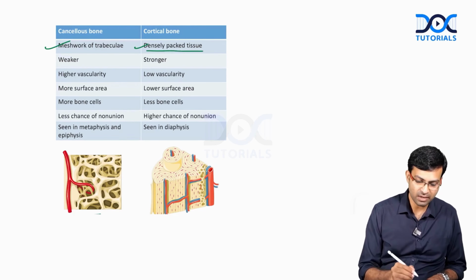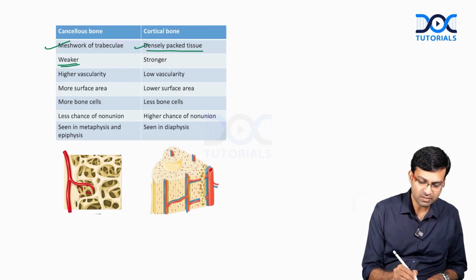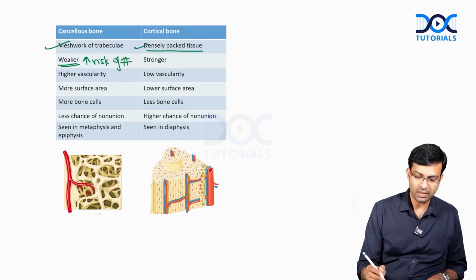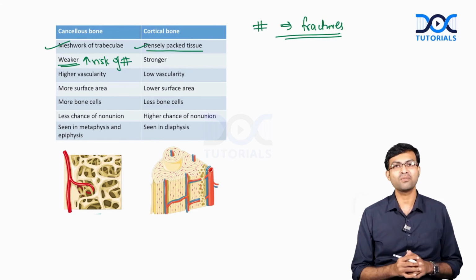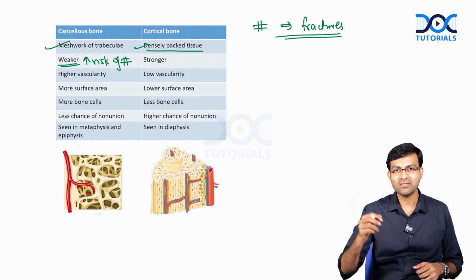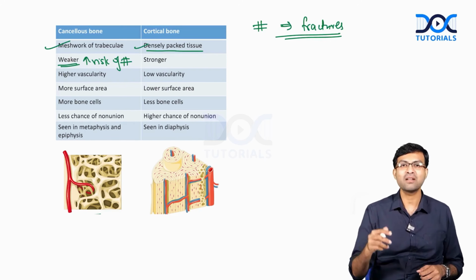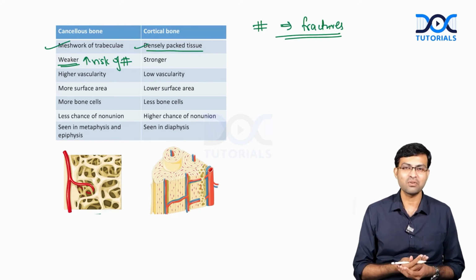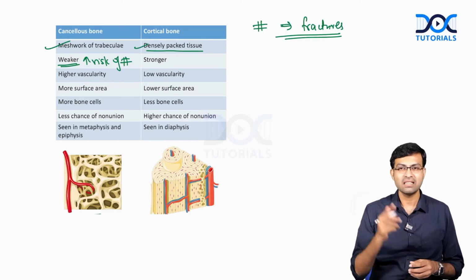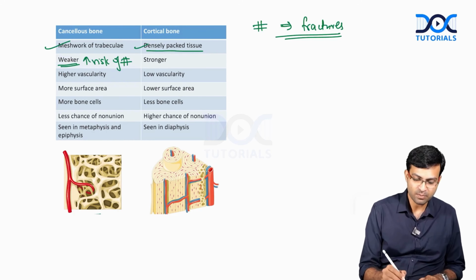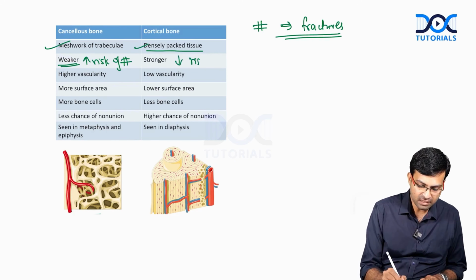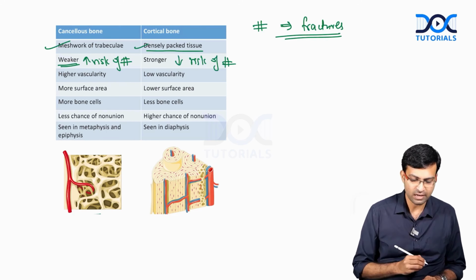Now, what is the importance here? Because cancellous bone is weak, there is an increased risk of fractures. So please remember, this hash sign is equal to fractures. This is a universal symbol for all orthopedic surgeons. We cannot write fractures everywhere, so this hash symbol represents fractures. You would all know this, isn't it? During your internship, you would have all noticed that the hash symbol is your fracture. So you have increased risk of fracture in cancellous bone and decreased risk of fracture in cortical bone